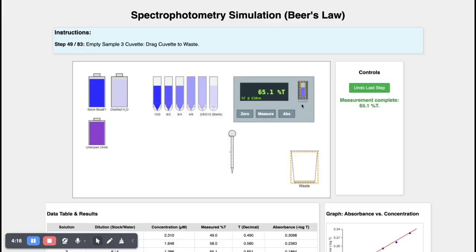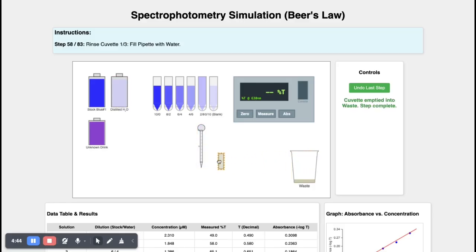Measure. Measure. As you see, our measured T% values increase the lighter our solution is, meaning that the solutions with lower